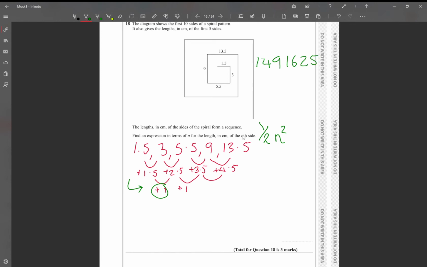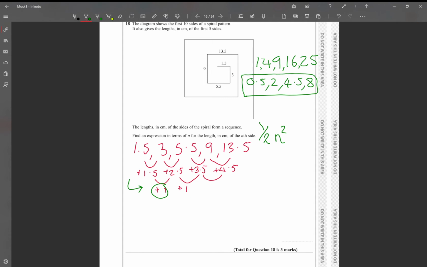Okay, let's just separate these a little bit. So that's 1 squared, 2 squared, 3 squared, 4 squared, 5 squared. Okay, so the first 5 terms of the n squared sequence. Now for half n squared, it's just half of that. So 0.5, 2, 4.5, 8. So let's just do the first few. So here is our